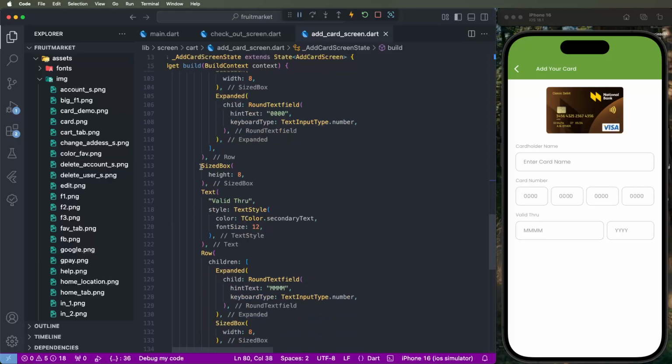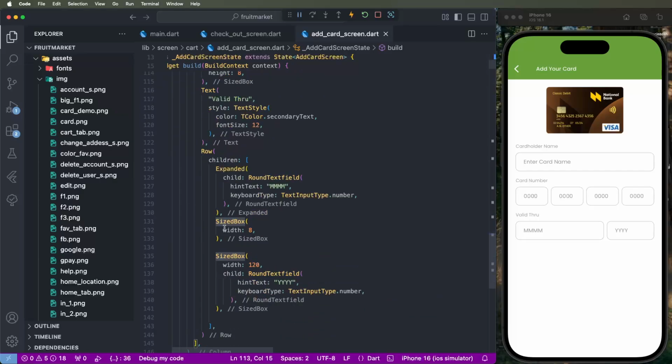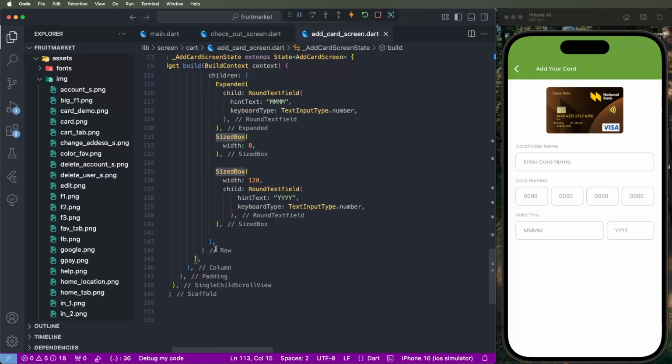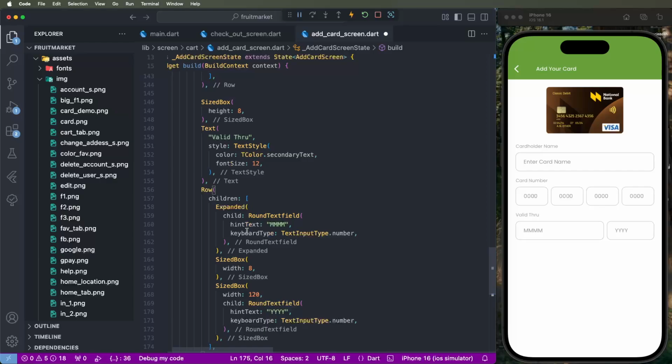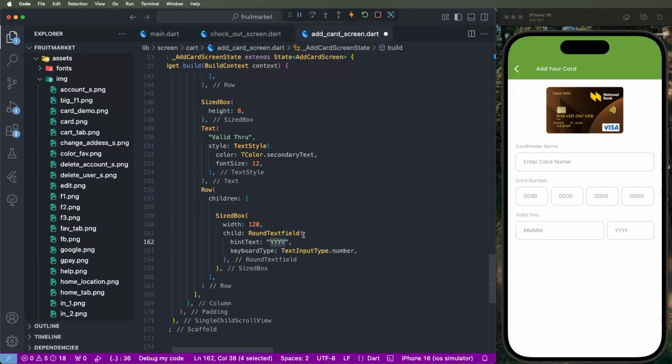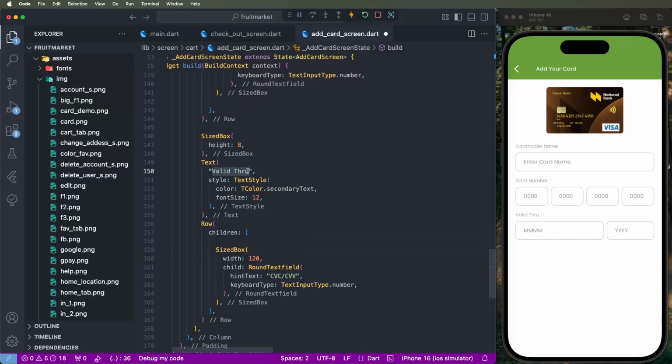Need to set here again, so we need to copy this data with this row, paste here, and make sure we remove this data, and we need to set the CVV, CVC, and CVV. Like we need to set the text for this, and also we need to put some titles here,